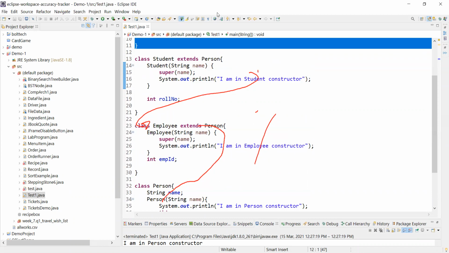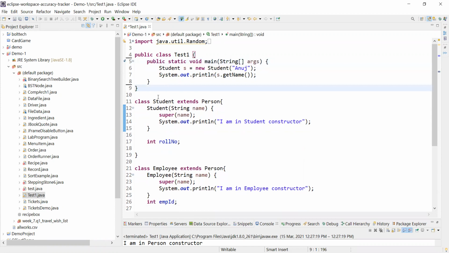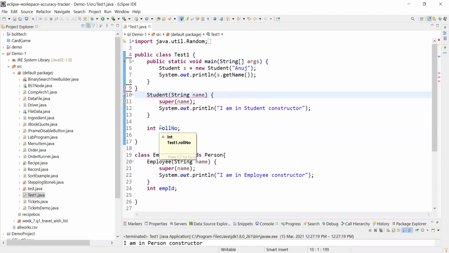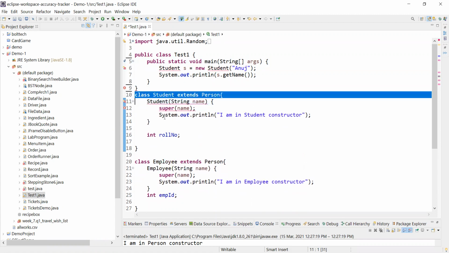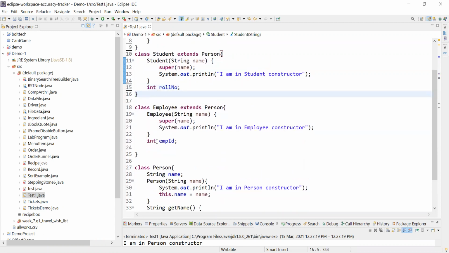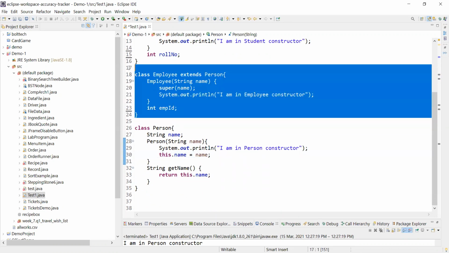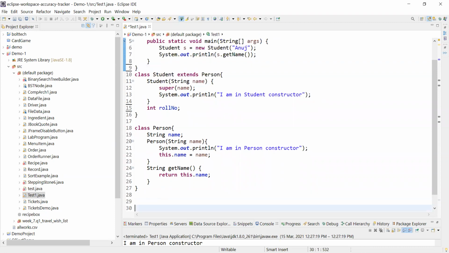Let me just clear it and remove the extra spaces, then we'll see it. Just a moment. So employee class we are not using. Let me just keep it here for now.